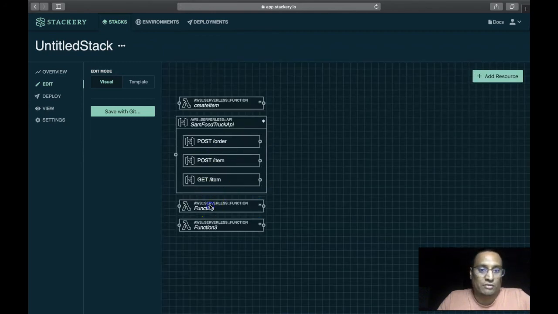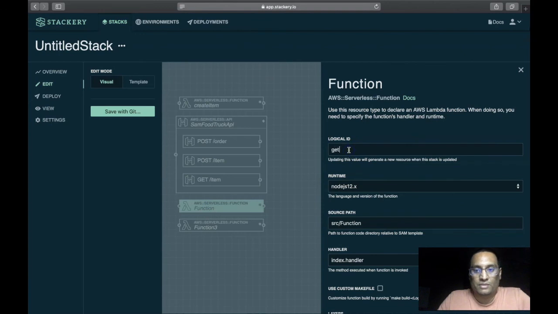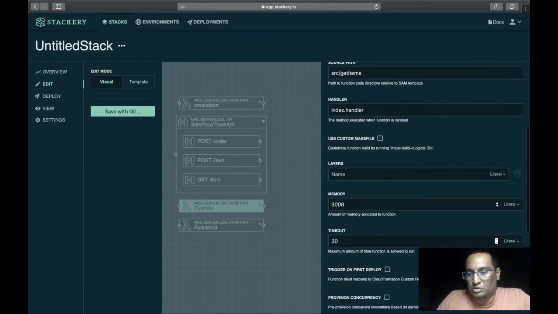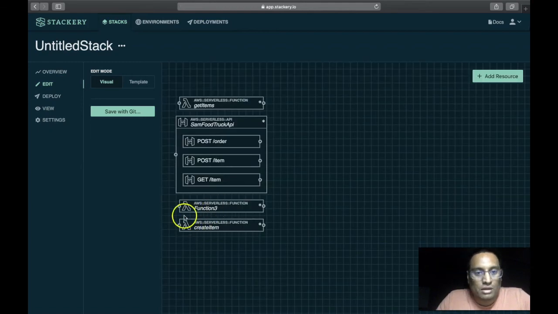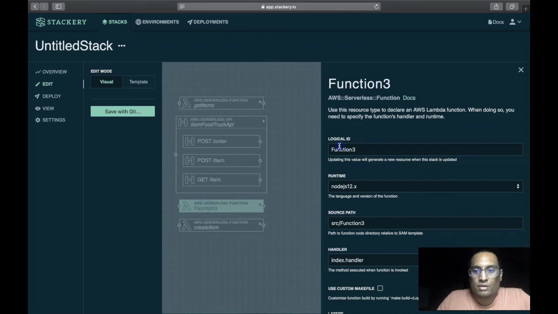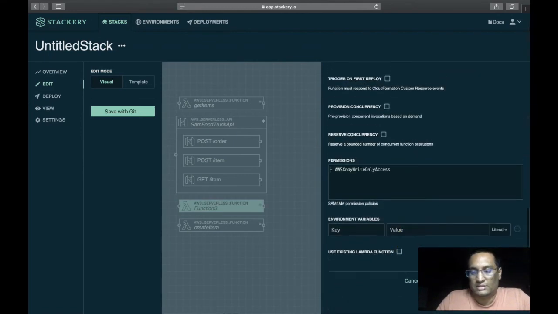I'm going to do the same thing for the remaining two. Get items, and then the function is going to be get item, folder name will be, and it's going to have the default over here same, and then finally create order, and then the source path will be create order, taking the defaults and saving it.